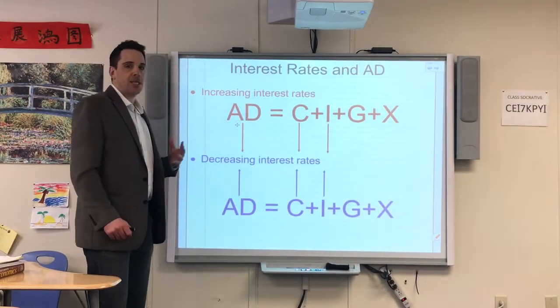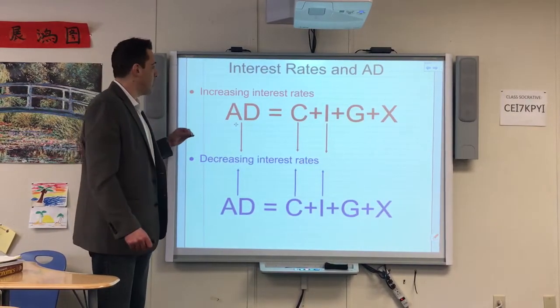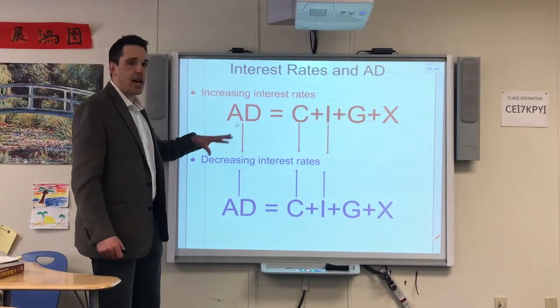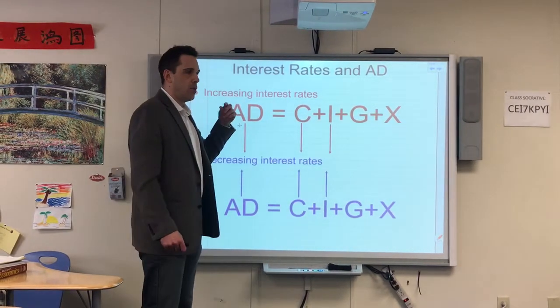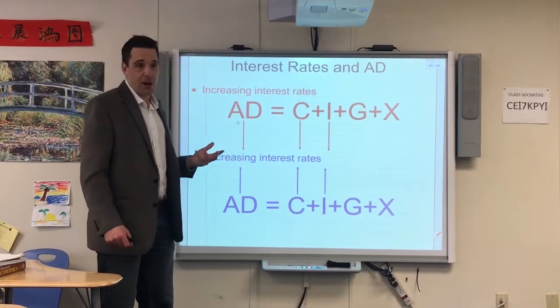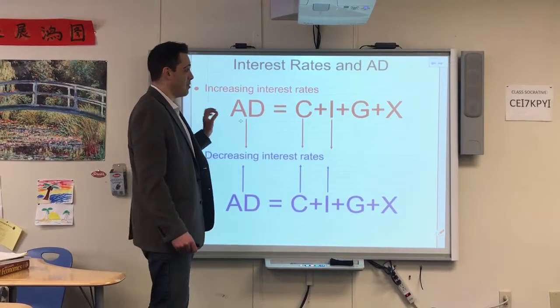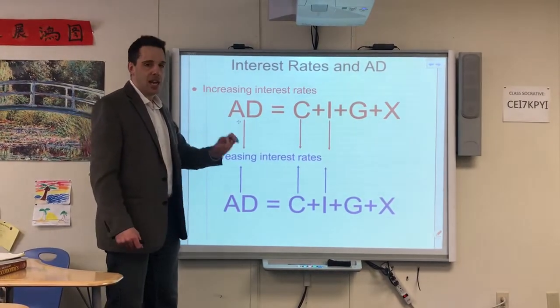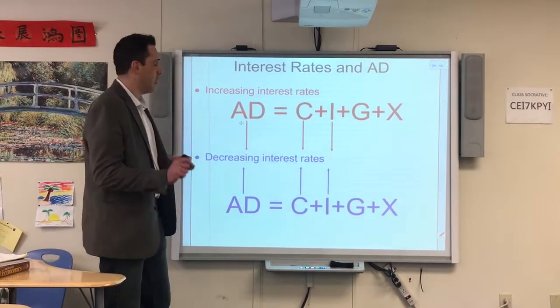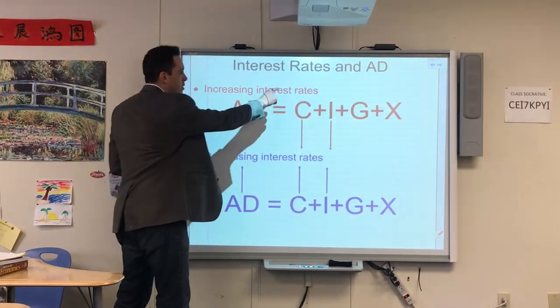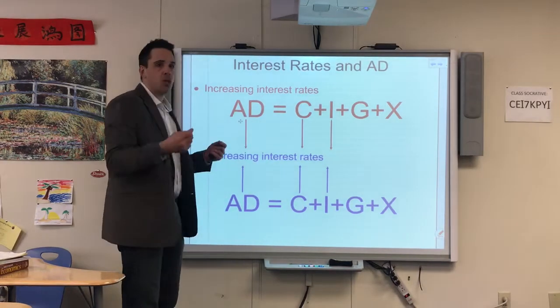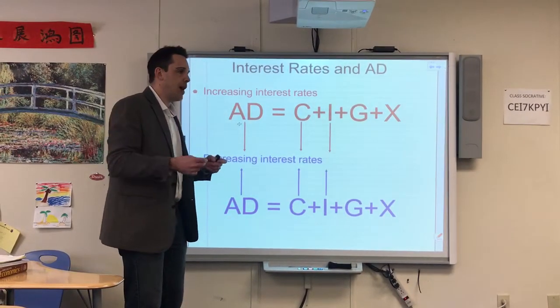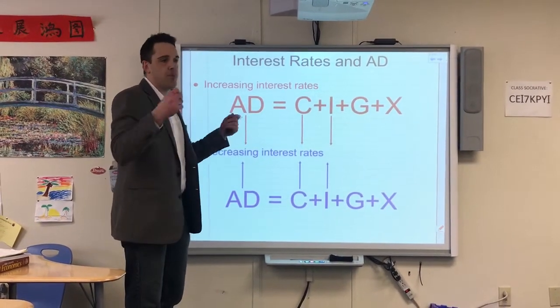Interest rates are connected to aggregate demand as well. Interest rates are very important in our economy, and this will lead to monetary policy. Now, this is how the Fed can influence our economy, by controlling the interest rates. If interest rates go up, consumers won't take out loans to buy things like cars, expanding their housing,